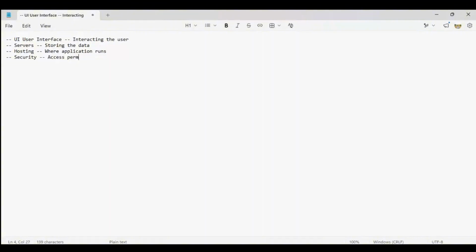So to create any web application, to create any software, these are the four standard basic needs for it. Okay, one is UI, the next one is servers, and then hosting and the security. So these are the four primary things, right? So now this is about software. Now let's move to what is